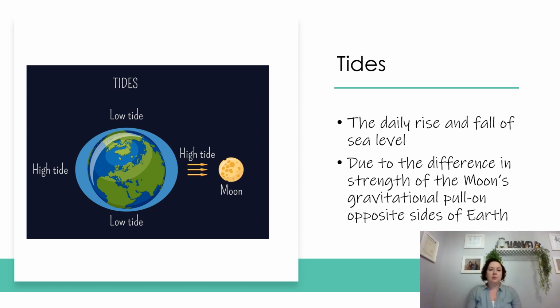But tides are important because these are the daily rise and falls of our oceanic levels, so our sea level. And this is due to the difference in strengths of the moon's gravitational pull as opposed to the Earth's gravitational pull. And even then, you get the sun involved in all of this. So you can see by the picture in here,